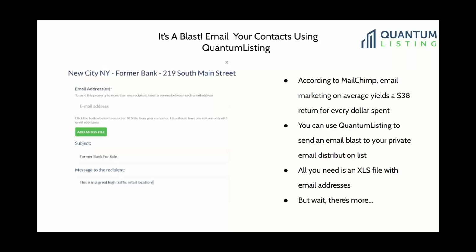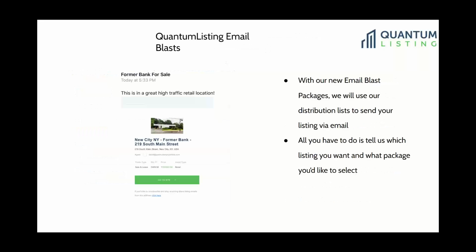All people can send emails using their own proprietary list of contacts through Quantum Listing. All you need is to upload an XLS file of email addresses. And again, because this is proprietary, we will not take those emails, so do not worry about any privacy issues. We'll show you on the site how to do this, but we also want to talk to you about our